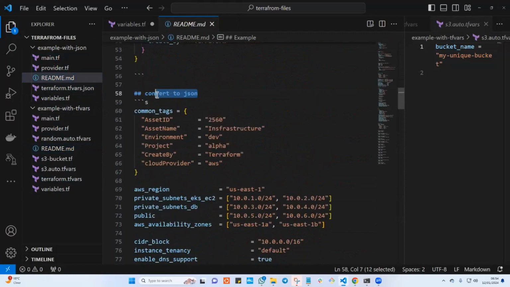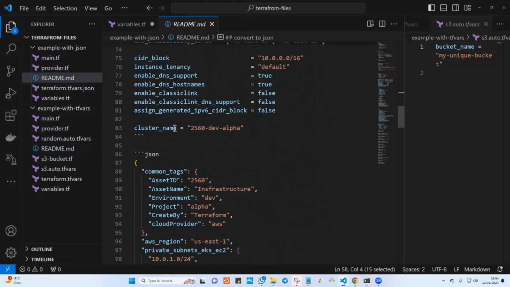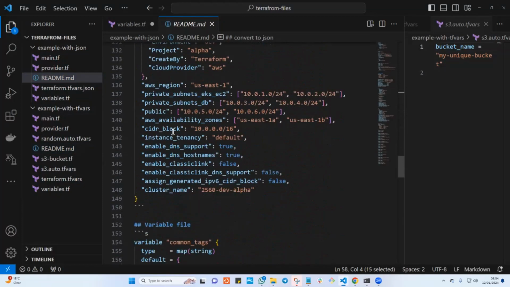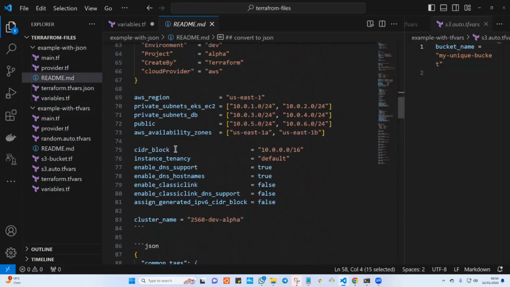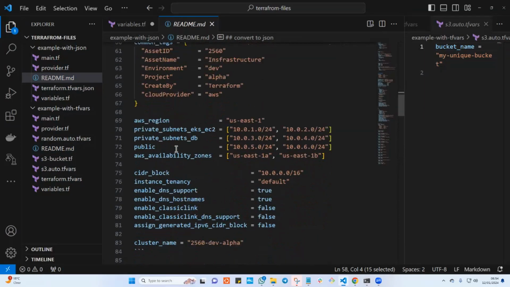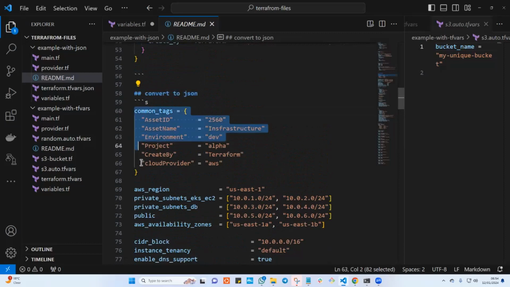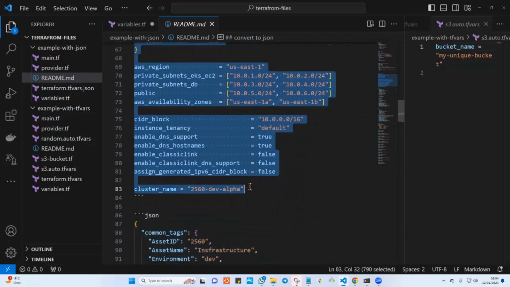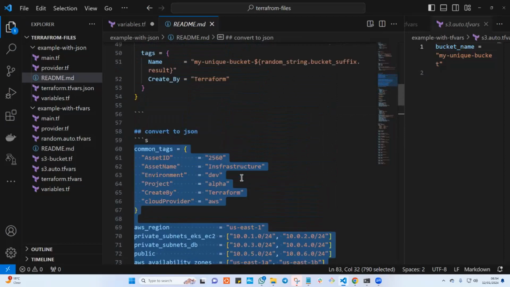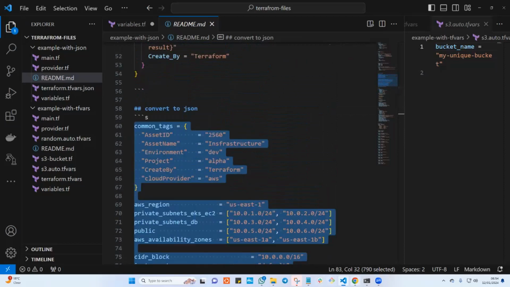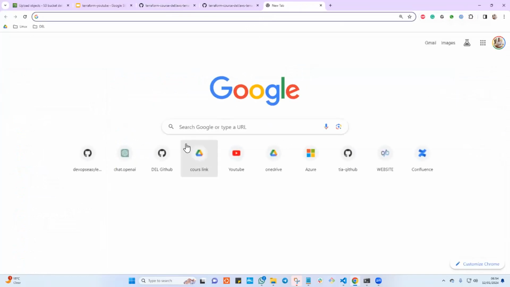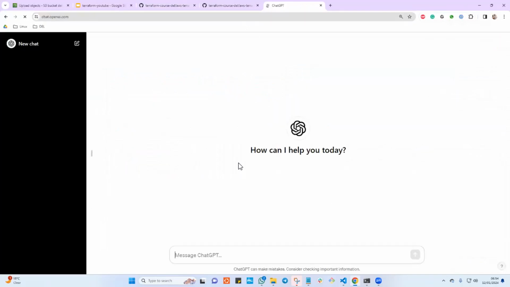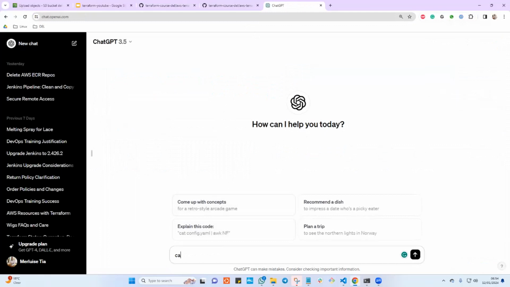Let's say we have this, we want to convert this thing to JSON. It is very simple. If you don't even know how to convert this thing to JSON, do not worry. If you know how to use ChatGPT, that's really, really simple. Copy this thing like this. This is your normal tfvars. Your normal tfvars has all these values. You can just go here and open ChatGPT and ask it to convert this one to JSON. If you click here and say convert, and just say convert to JSON